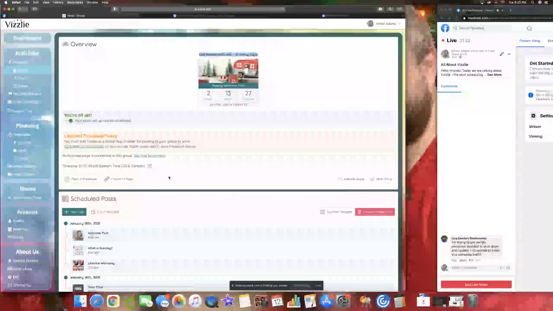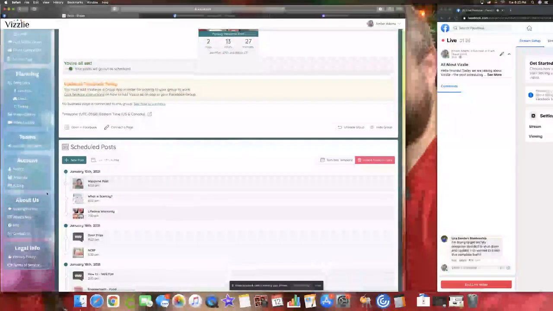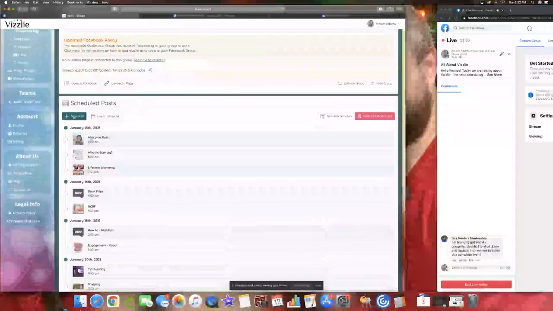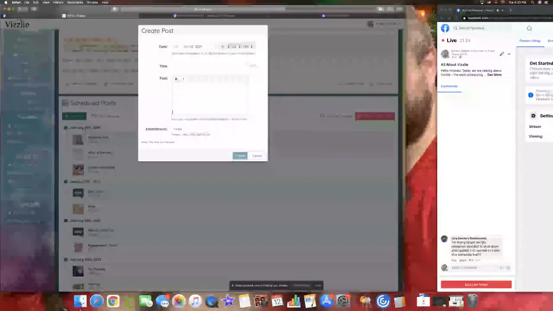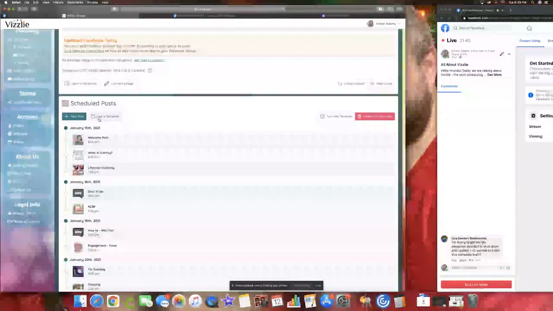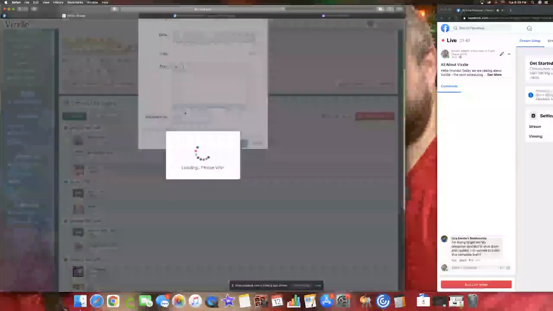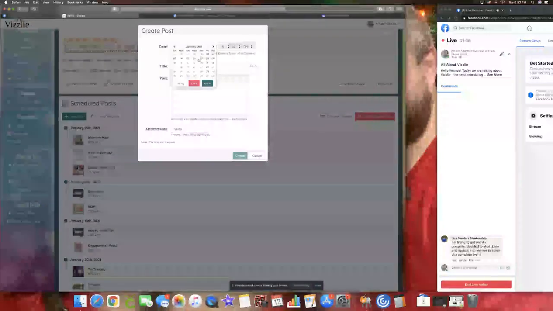Okay, before we go out of here, I do want to add, let's say that we have a new LTO coming out during your party. You don't want to add that to your template because it's not always going to be available, especially if it sells out the same day. So you can still use your template, but you can go in here and just add a new post and put on there,